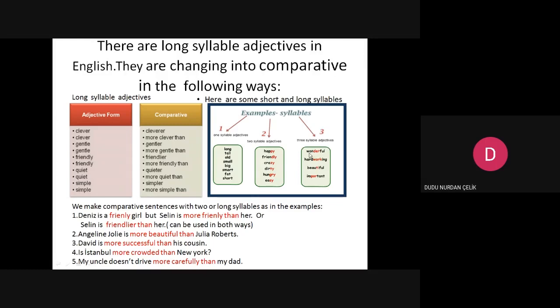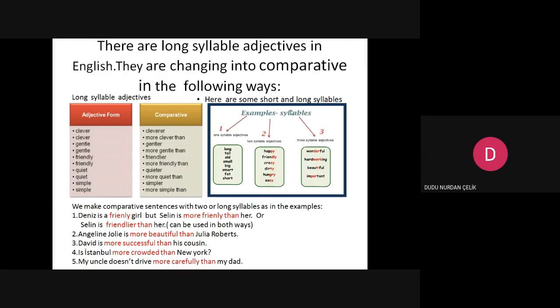These are wonderful, hardworking, beautiful, important, handsome, interesting, exciting. There are a lot of long syllables or three syllables. Why do I explain this? Because the using of comparative form changes.